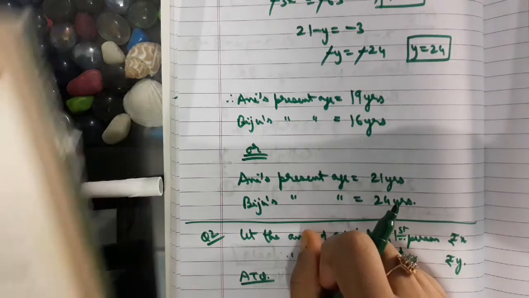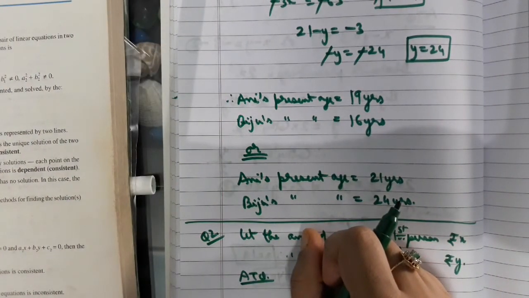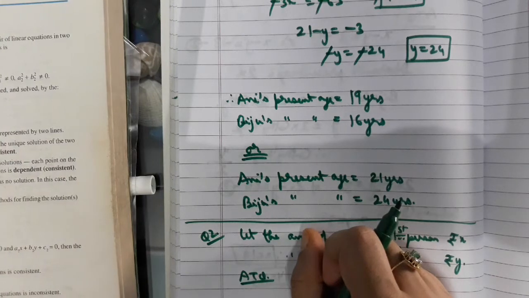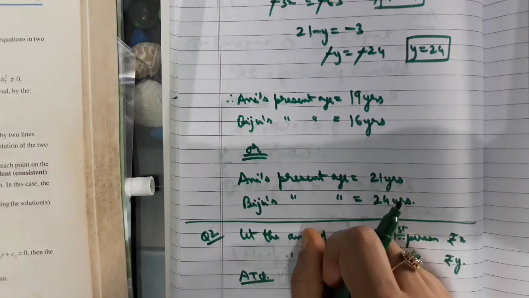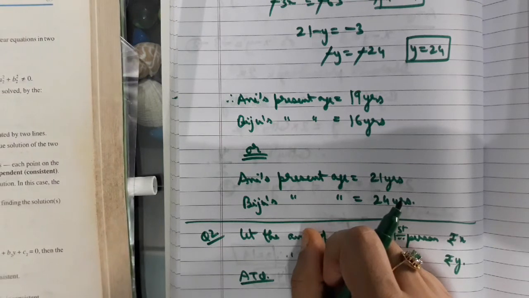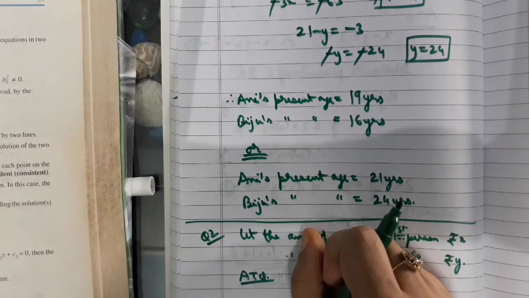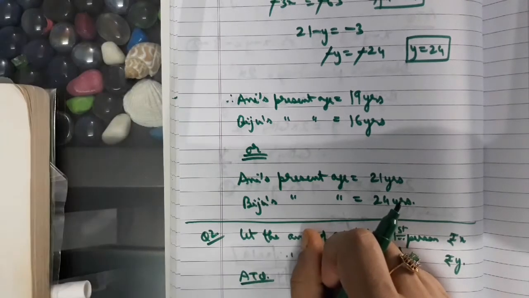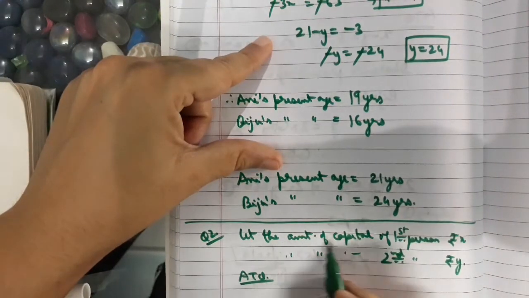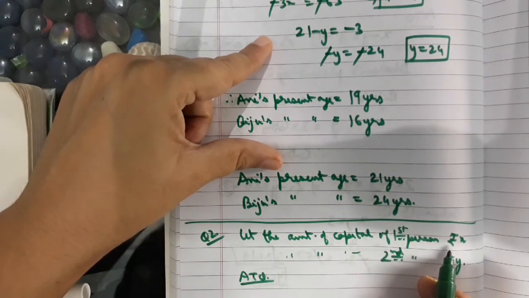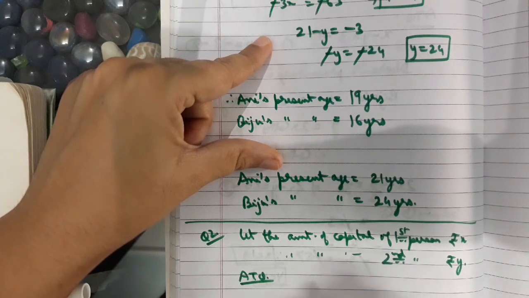Now according to the second question, they are saying one says, give me 100 friend, I shall then become twice as rich as you. The other replies, if you give me 10, I shall be 6 times as rich as you. Tell me what is the amount of their respective capital. So how much money each person is having. So we assume let the amount of capital of the first person be rupees x and the amount of capital of the second person be rupees y.